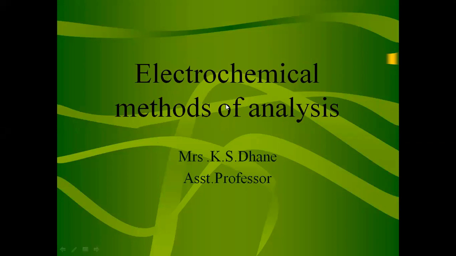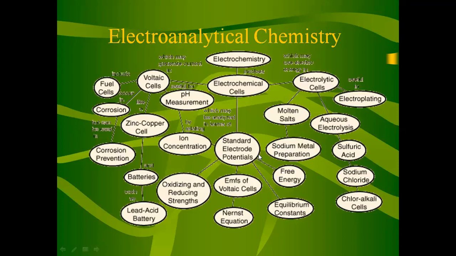So the name of the topic is electrochemical methods of analysis. It is also known as electrochemistry. Now, what are the different types of electroanalytical methods? It will involve the voltaic cell, or we can measure the current in the voltaic cell. We can measure the pH in the medium or chemical reaction. We can prevent the corrosion of metals. Then we can use the electrolytic cell for different types of titrations.